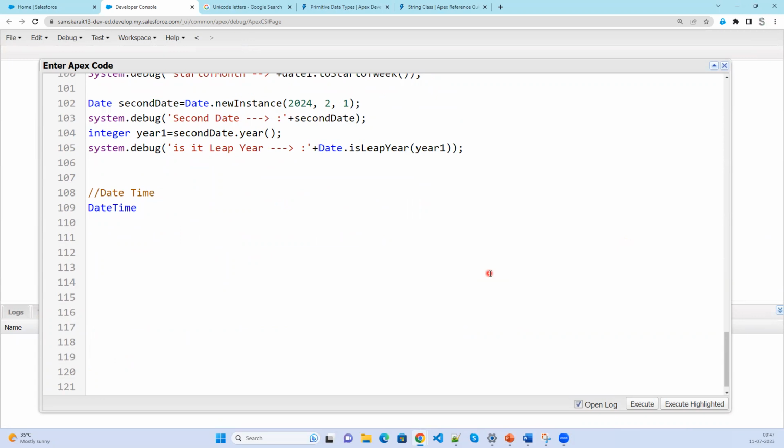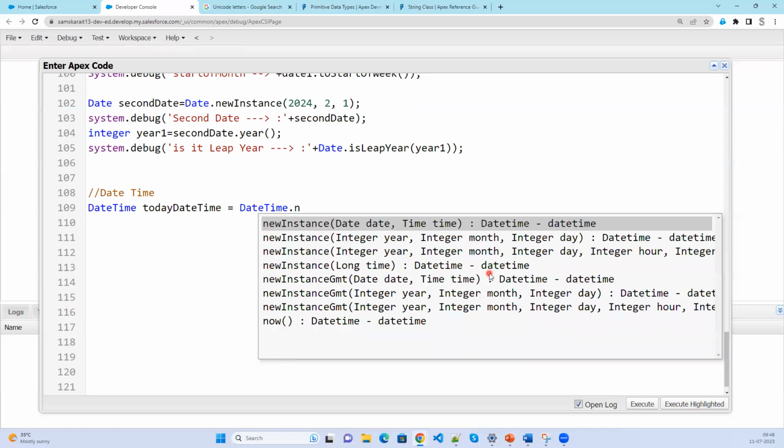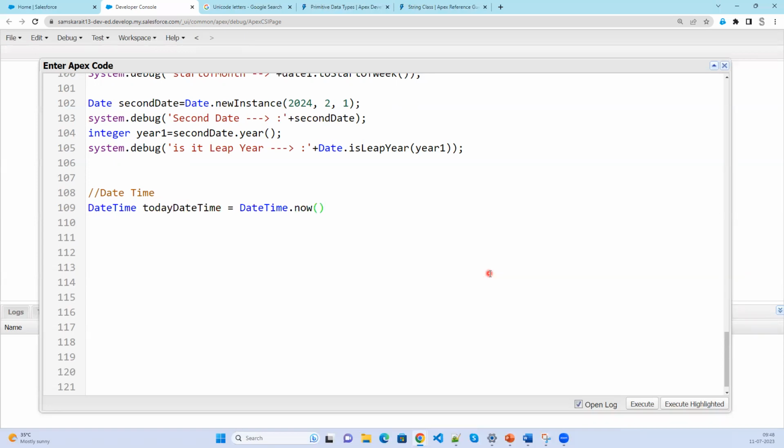Let's say day, DateTime today equal to DateTime.now. DateTime.now. Now I'm going to print with System.debug, System.debug, current date and time. Current date and time plus I'm going to give